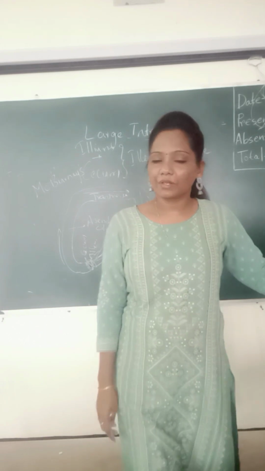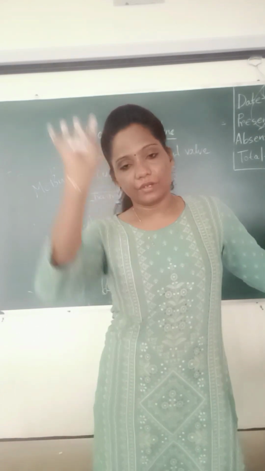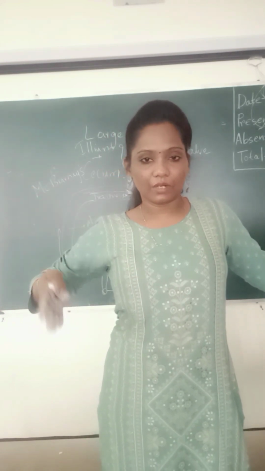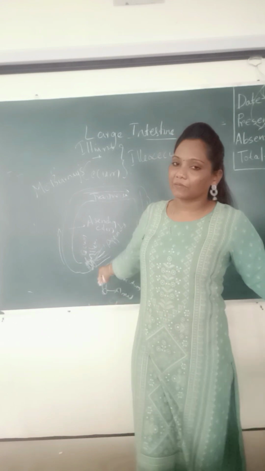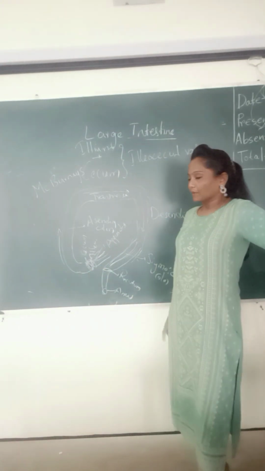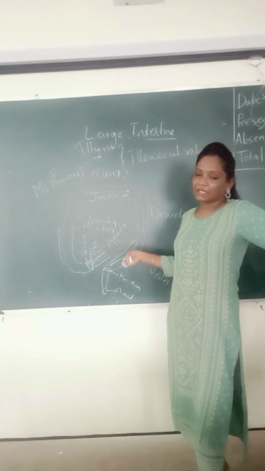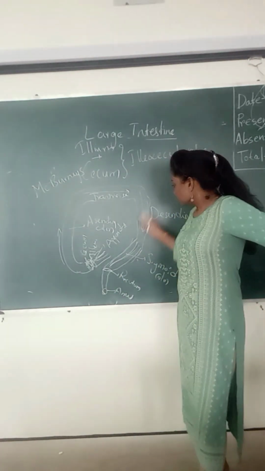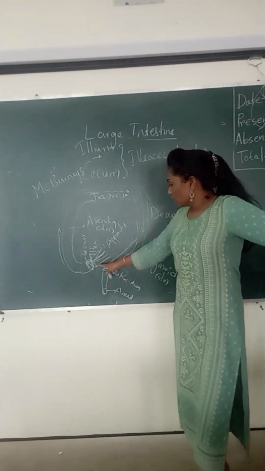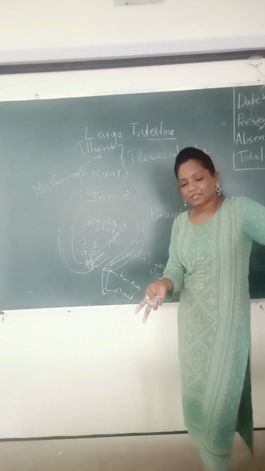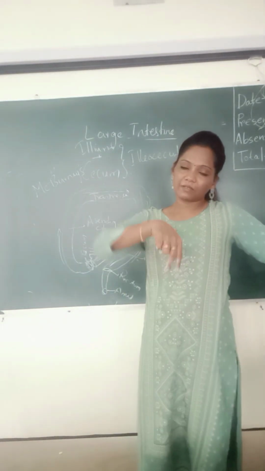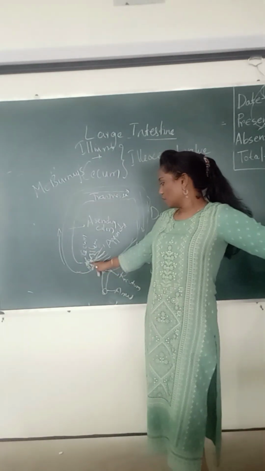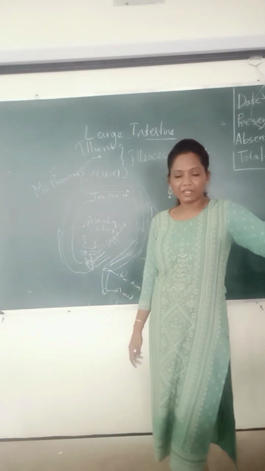It is about 1.5 meters in length and has majorly 4 parts: ascending colon, transverse colon, descending colon, and sigmoid colon, and the continuation with the rectum and anus. It has an innermost layer of mucous membrane, then muscularis, and the outermost peritoneal layer. The ileum and cecum, where the small intestine ends and the large intestine starts, form the ileocecal wall, and in this area the appendix is also located.